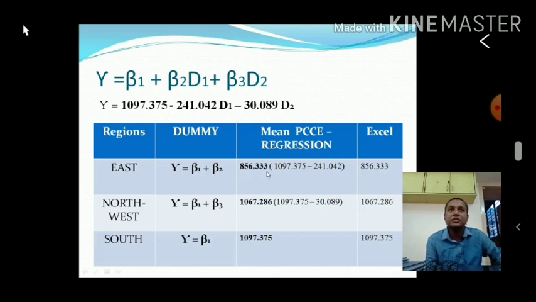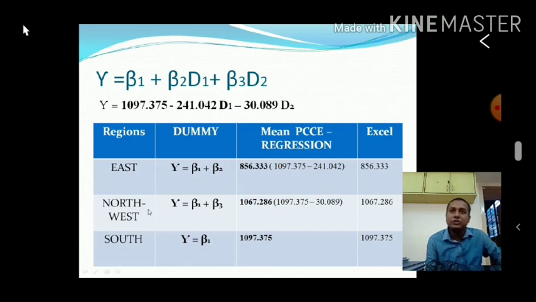So 856.33 is the per capita consumption expenditure of the east region, and it is the same as the value we got from Excel, where we added up all the east region states and divided by 6. This is what we got by running the regression function using the dummy variable.